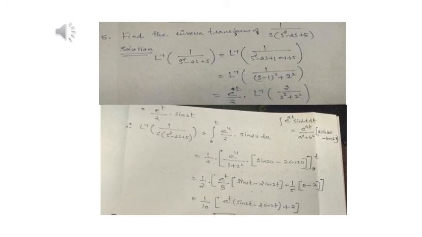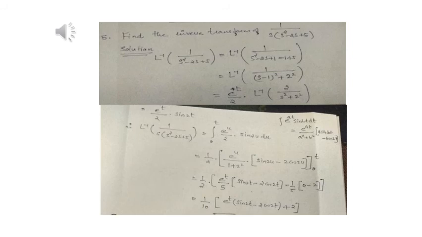So what is L inverse of 2 by s minus 1 the whole square plus 2 square? So that is cos 2t, but s minus 1 the whole square is coming. That is, instead of s we are having s minus 1. So that is the shifting property, isn't it? So that means the answer is e raised to t, okay, because s minus a, so a is 1. So that is e raised to t by 2. Okay, so that means we've multiplied a 2 and divided a 2, isn't it?